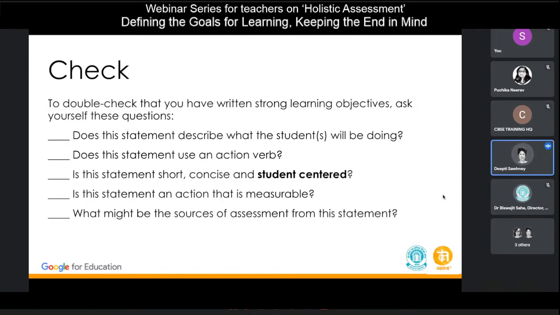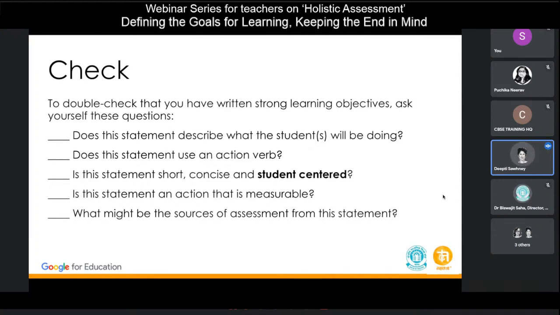measurable पे मैं stress दूंगी क्योंकि ये webinars जो हम कर रहे हैं वो इसी पे कर रहे हैं, assessment पे कर रहे हैं कि वो जो आप बच्चों से लिखवा रहे हैं, करवा रहे हैं, जो भी काम बच्चा कर रहा है, उसको आप कैसे बताएंगे कि वो बच्चे को समझ में आ गया? कैसे मेजर करेंगे आप? एंड फाइनली जो आपकी सोर्सेज ऑफ असेसमेंट हैं वो क्या है, आपको ये पहले से सोच के रखना पड़ेगा